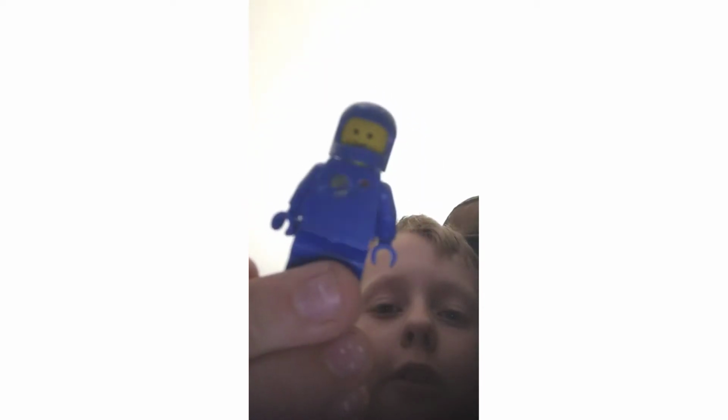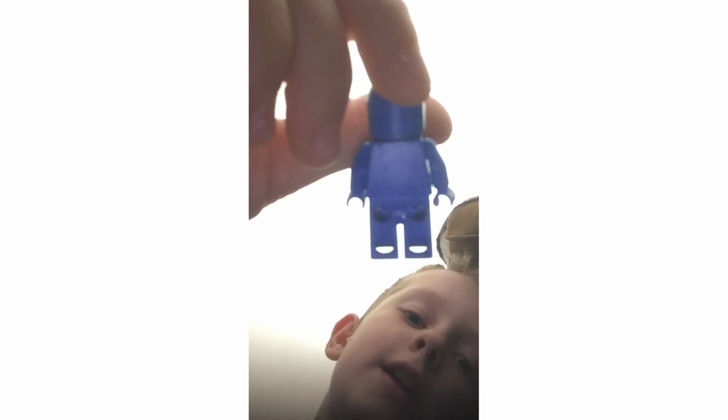Okay, so next is, gotta put him over here. Oh, the original space minifigure. He's from the older space set. I don't know if he had a jetpack. I just didn't have any left. If you know whether he has a jetpack, tell me in the comments so maybe I can find one. Next